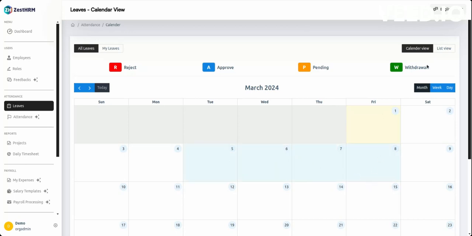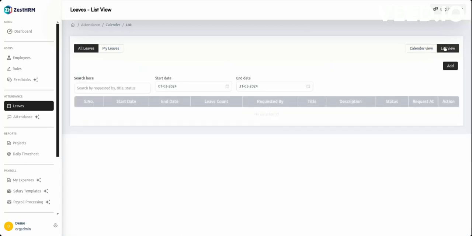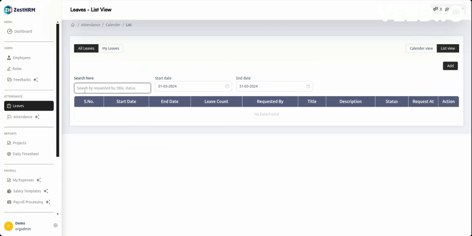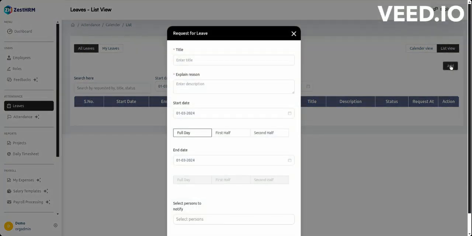Like they have to, you can see this list view. So whatever, all the employees who applied for the leave, you can see here. You can search by the name, and you can search by the date filter as well. And if you want to apply for a leave, then you can go to the add button,